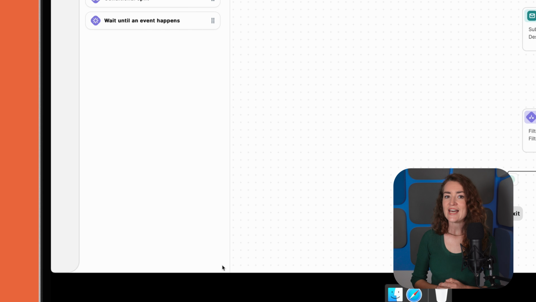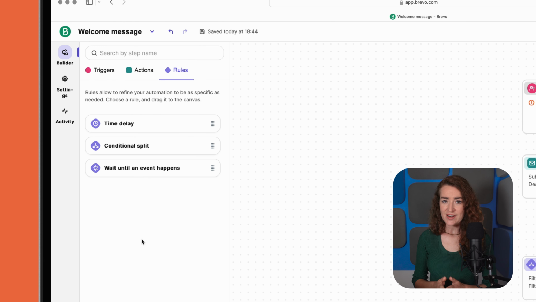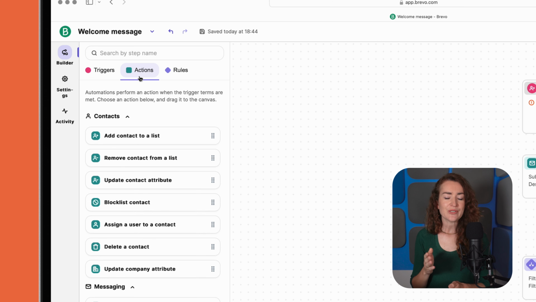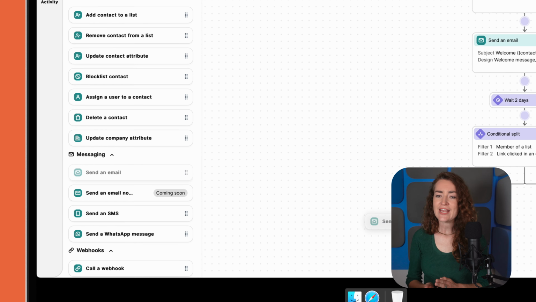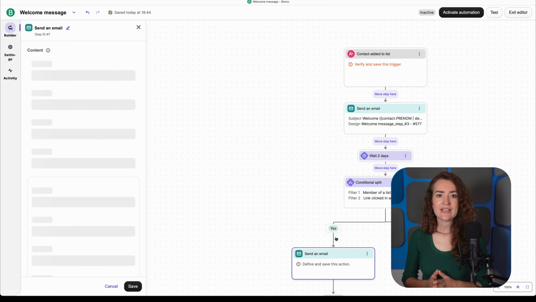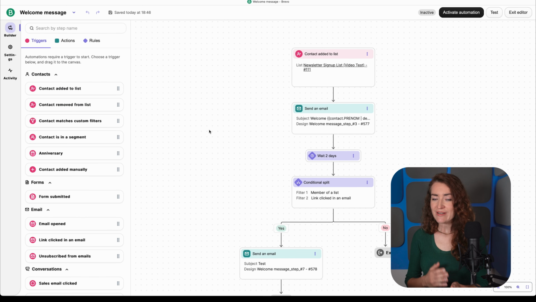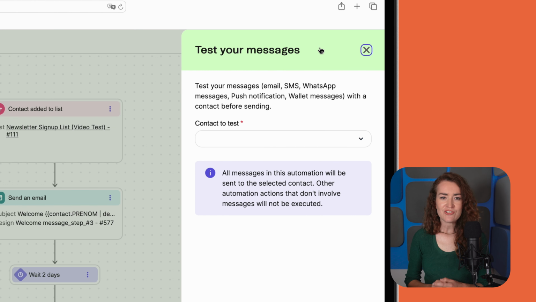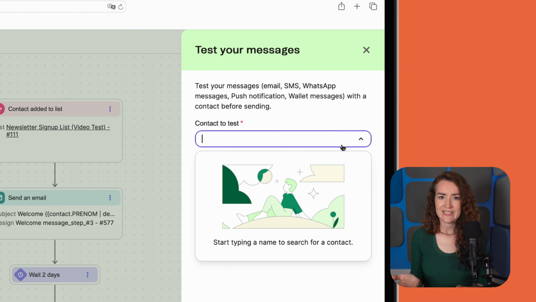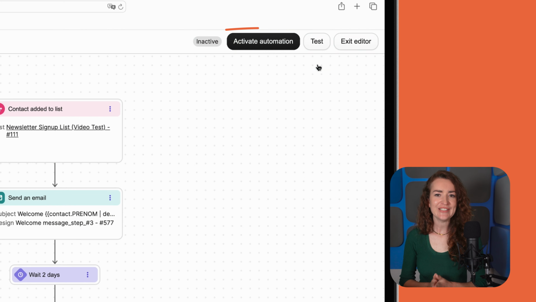Now you just need to add the email you wish to send each branch, or you might wish to only contact one branch. It depends on the goal. Just note that if there is no email, then the automation will simply end for that branch. Once you're ready, make sure to test your workflow is working correctly by hitting the test button here. It will send the emails to the address you put in here without the wait periods. If everything looks good, all you need to do is activate your welcome series by clicking here.